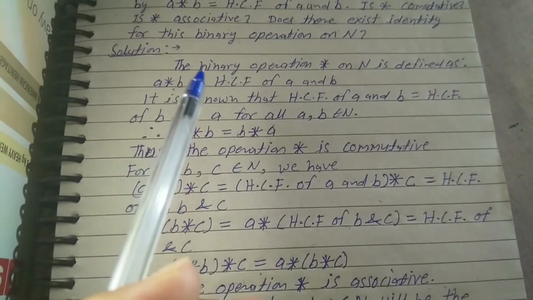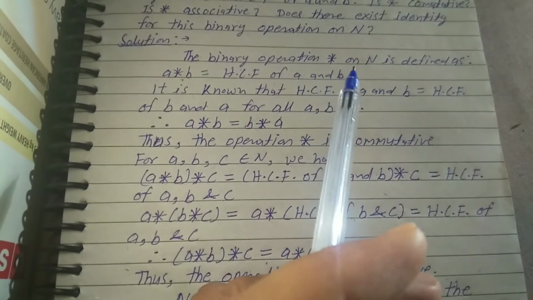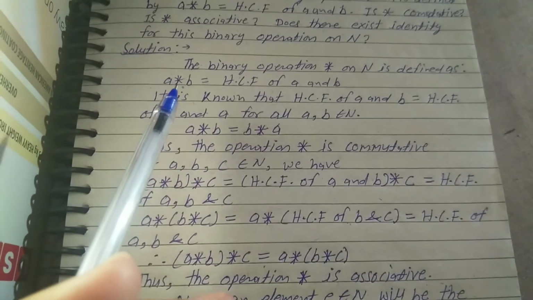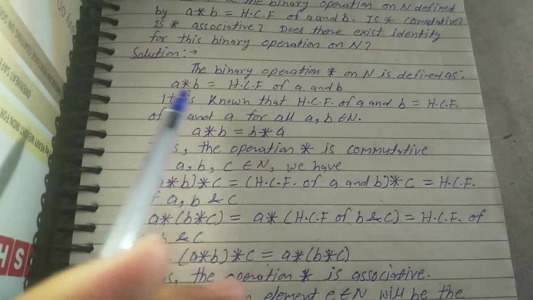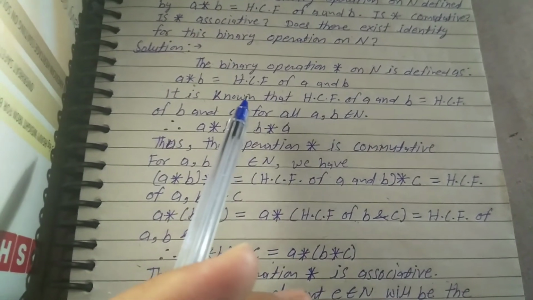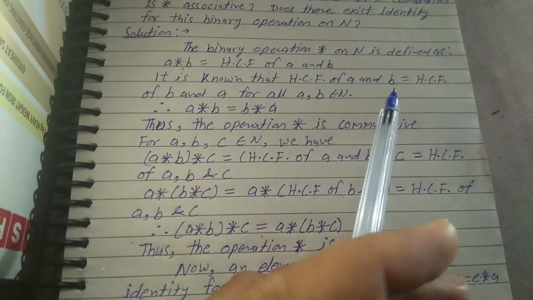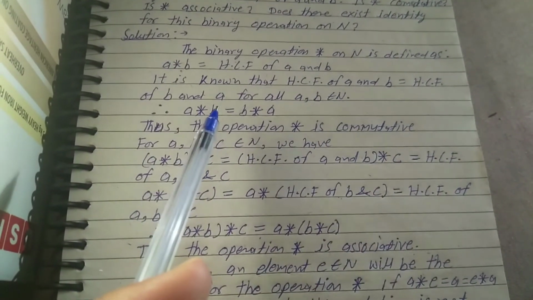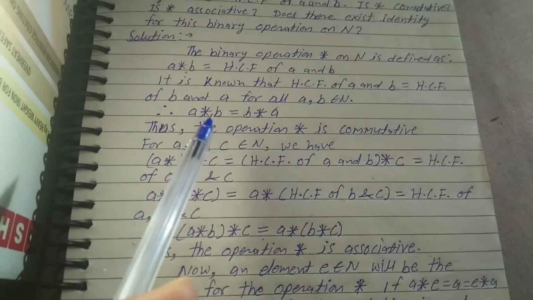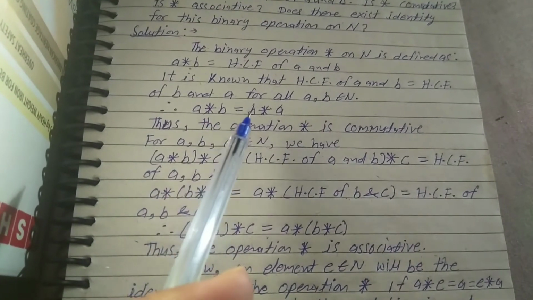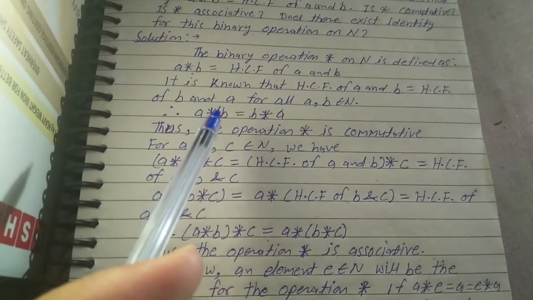Solution: the binary operation * on N defined as a * b = HCF of a and b, means the HCF of two values, the highest common factor. It is known that HCF of a and b is equal to HCF of b and a for all a, b belongs to N. Therefore a * b = b * a, means that whether you write a first or b first,